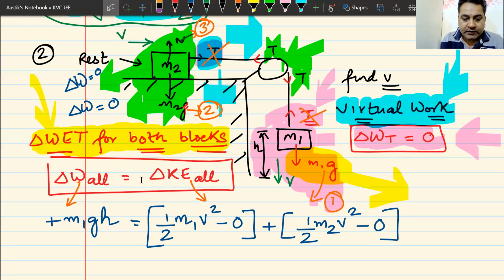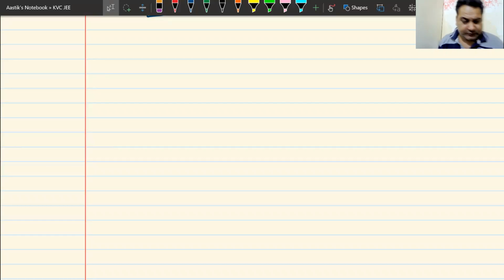Chalo. Now, we are done with the work energy theorem. The name of the chapter is work, power, energy. Power is still remaining. We'll do power at the end of the chapter. We are still on energy. On energy, we have done kinetic energy. We're also supposed to do one more type of energy. And what is that energy known as? That energy is known as